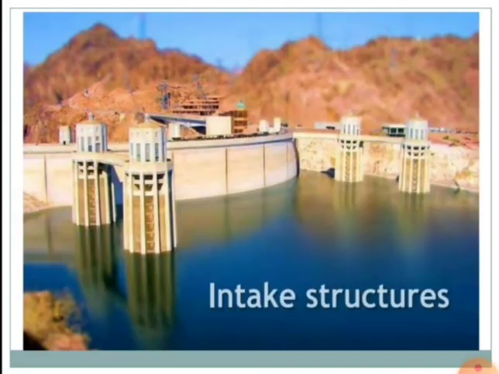So what are intake structures, or what are intakes? We know that fundamentally a water supply system comprises three basic units. I had already told you this. Any water supply system has three basic components: the source of supply, the processing or treatment of the water, and then the distribution of the water to the users. So the water will be taken from the source and then it will be treated, and after treatment it will be distributed to the community or to the users.